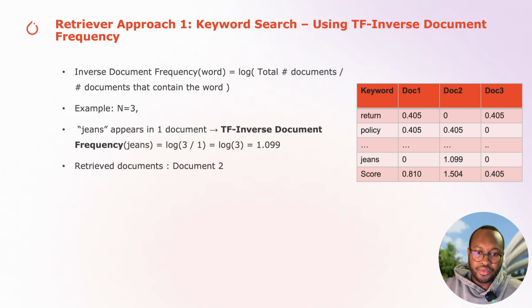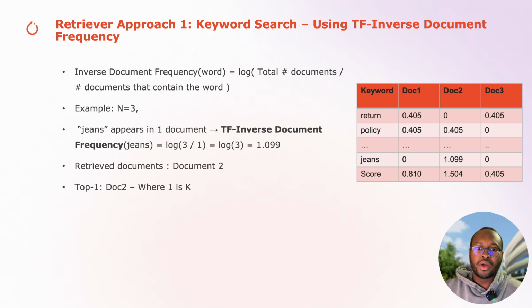Then after you do that, you take the summation, compute this score, and then get the maximum. So in this case, for our prompt, we retrieve document 2 because it has the maximum. So we get top k. In this case, k is 1. If k was 2, we would have retrieved document 2 and document 1 because they have the 2 maximum scores. So I'm just giving you this example for simplicity, using fewer documents and using k=1 for